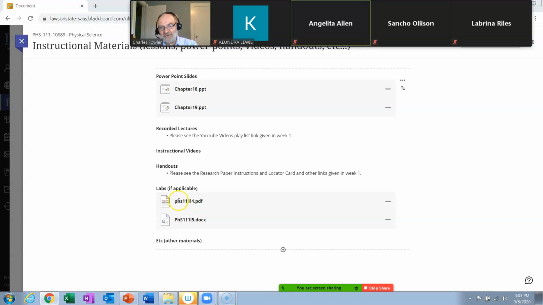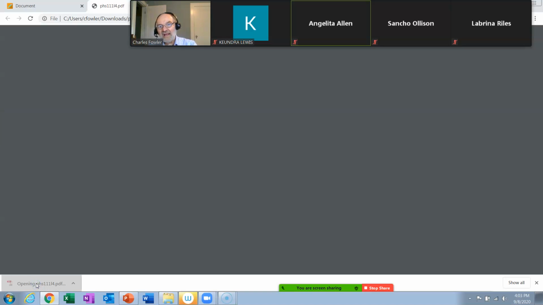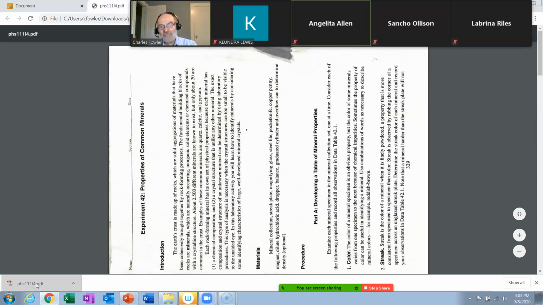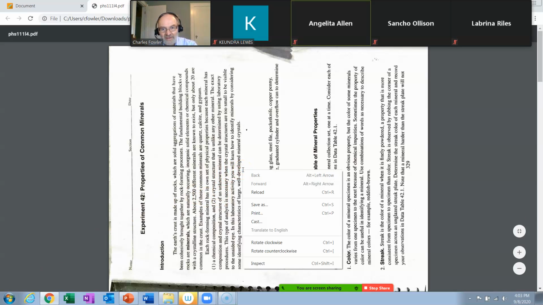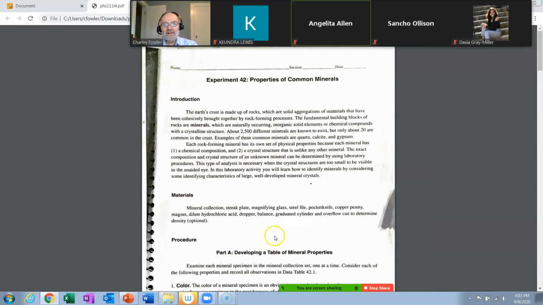Notice when I put my cursor here, it doesn't underline, even though it has an icon, so I have to come over here, click on this, and it says upload or download original file. I do that, and while you see this happening, it's downloading. Now it's through downloading, so now I can click on the file, and after a while, it opens. Now, if my memory's right, I right click here and rotate clockwise. There we go. Properties of common minerals.